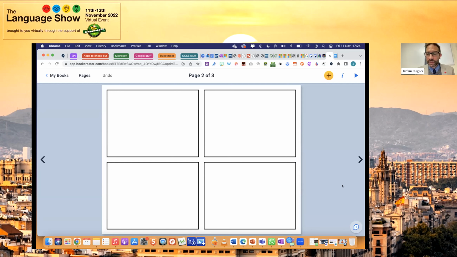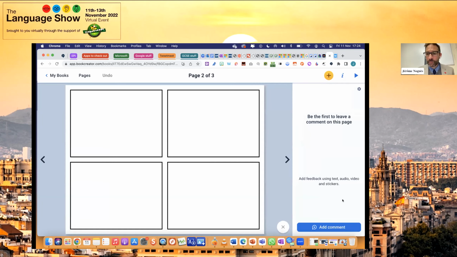What is really, really good also in this app is that as a teacher, later on, you can click on the plus and give some vocal feedback. You can speak and leave voice feedback to the children who've done some work. It not only helps with time, but it's automatic, and the children can respond to you, maybe in the target language also. That'd be quite useful.